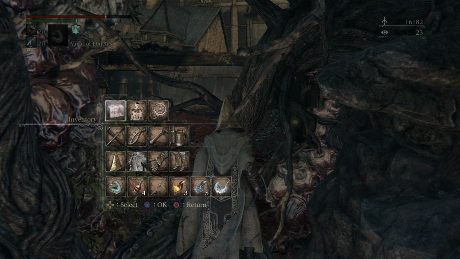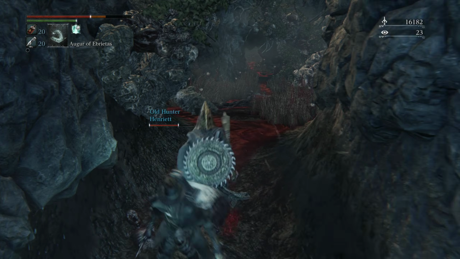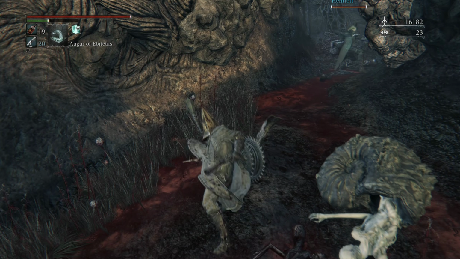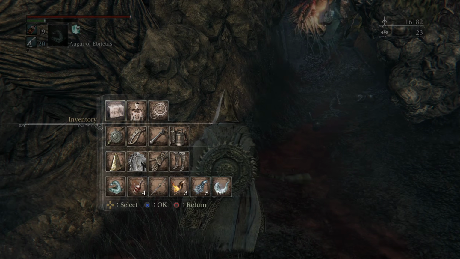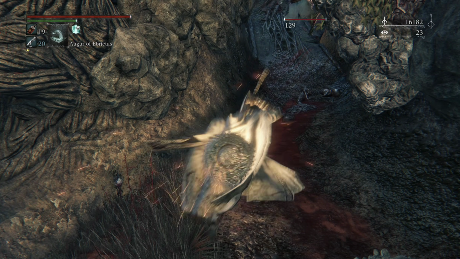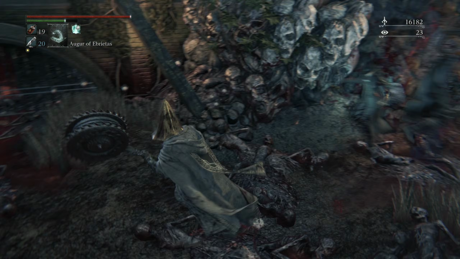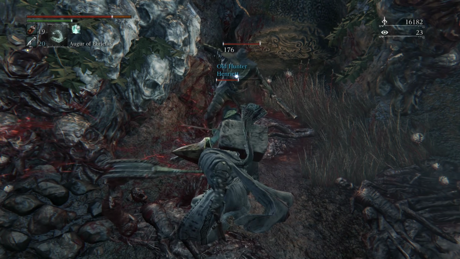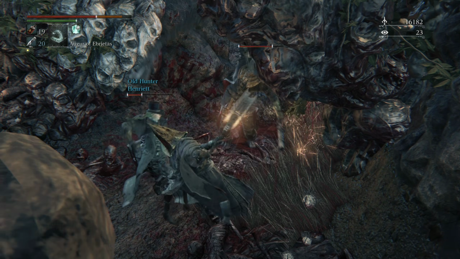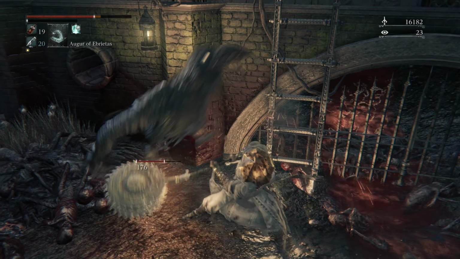The whirligig saw. Now, I'm not actually going to do much with the whirligig saw, but this thing, I really got to give it credit where credit's due. Very nice one-handed, kind of blunt moveset here. But the two-handed moveset turns this thing into a massive pizza cutter. Very high strength scaling, and in transform mode, it's considered serrated. So it does damage against beasts. Like, mine's not leveled up, so obviously the damage isn't that good here, but...